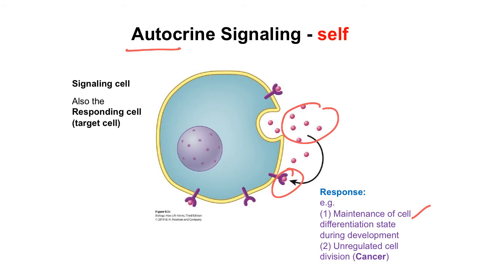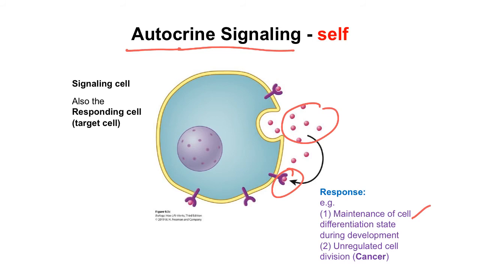So once a state of differentiation has been achieved, like a brain cell or a muscle cell or a nerve cell, then